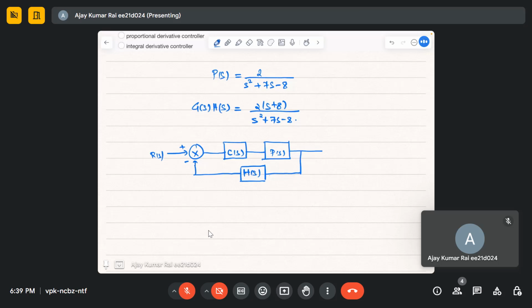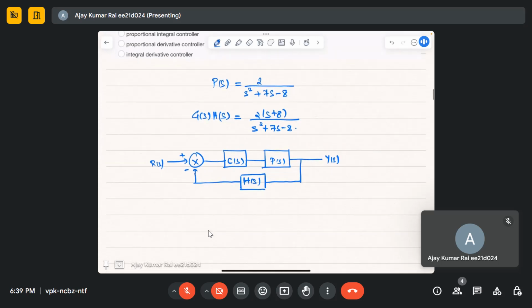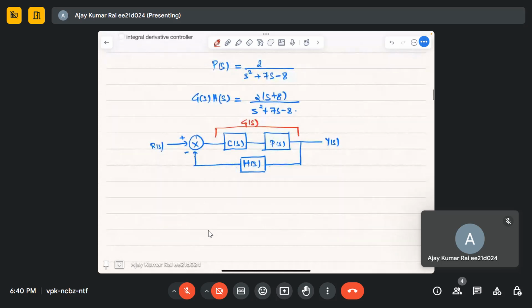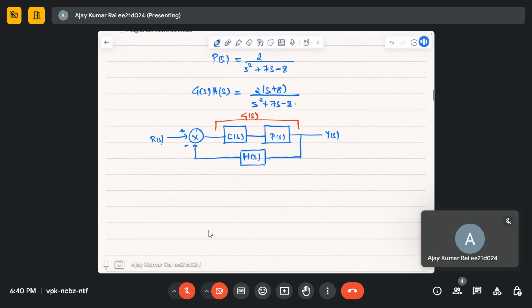This is how the block diagram looks. What we used to say, this is G(s), right? So we have to find out what is C(s). You know H(s) is given in the question, that is equal to 1. Unity negative feedback means H(s) is equal to 1. So G(s) is